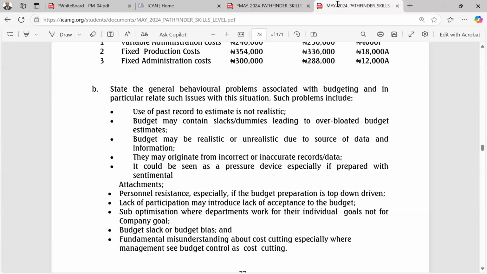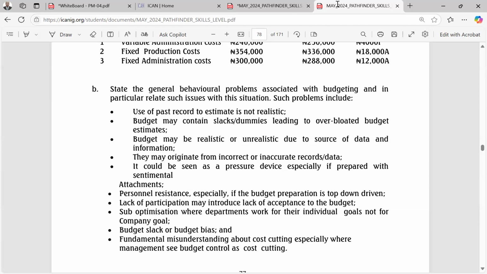Then personal resistance, especially if the budget preparation is top-down driven. When they say top-down, it means it's coming from top management to lower staff or lower management. So if it is prepared and handed over from the top management to the people who are going to carry